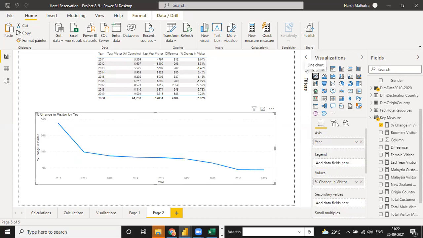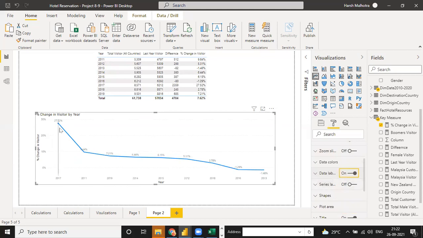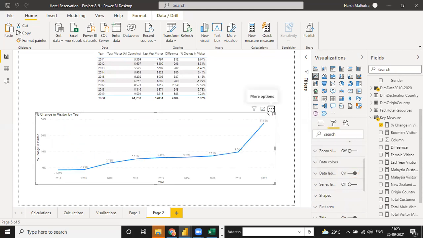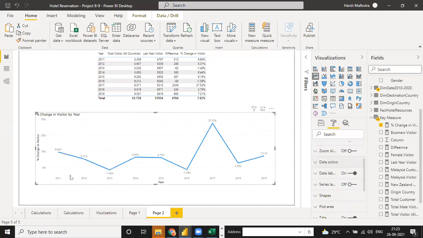This is your line chart, and for this you can turn data labels on. Right now the years are not correct, 2017 then 11. So go there, sort ascending first and click on sort by year: 11, 12, 13, 14, 15, 16, 17, 18, and 19.